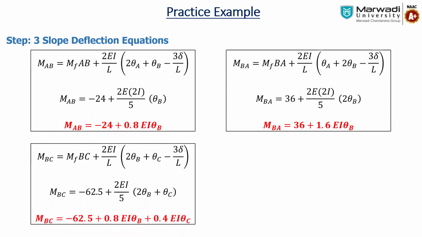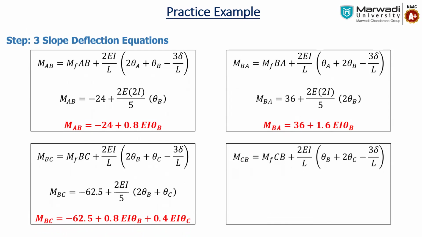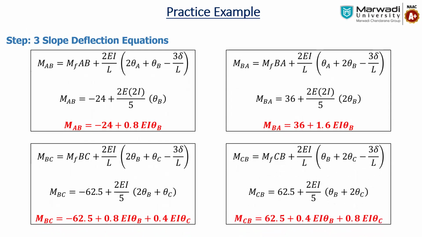So the third equation is minus 62.5 plus 0.8 EI theta B plus 0.4 EI theta C. And for the last one, we just have to interchange the coefficients of EI theta B and theta C, and change the fixed end moment. So MFCB is 62.5. So the equation will be 62.5 plus 0.4 EI theta B plus 0.8 EI theta C. So these are our